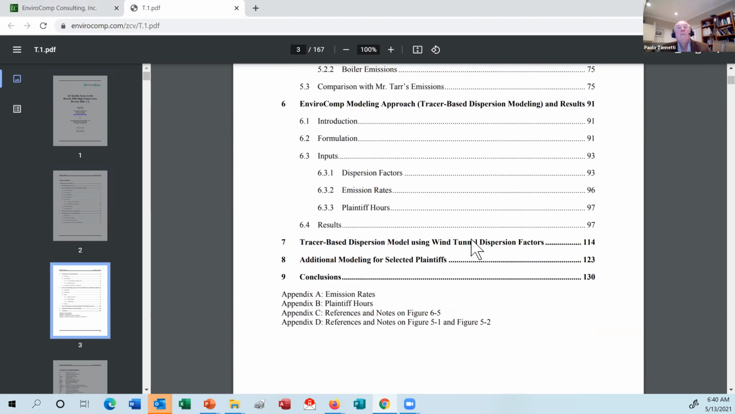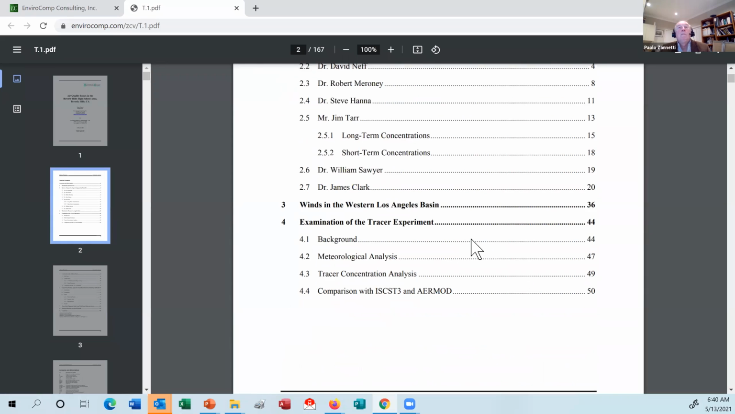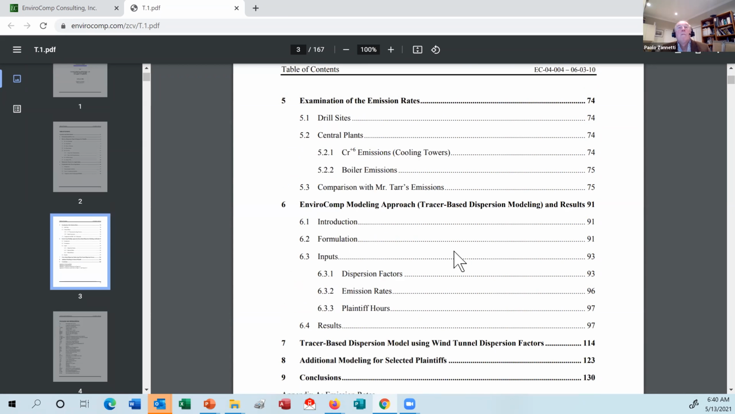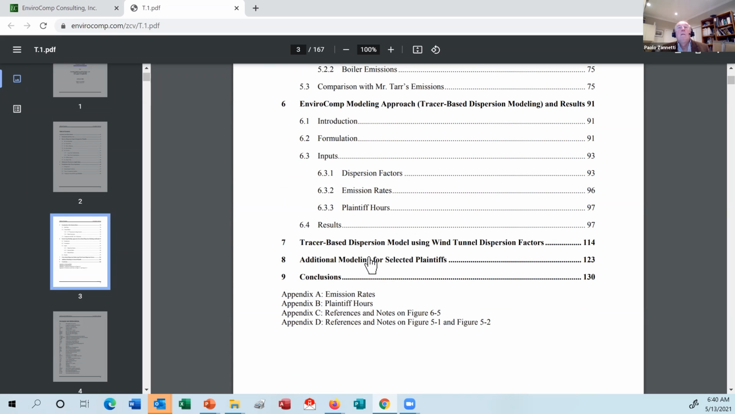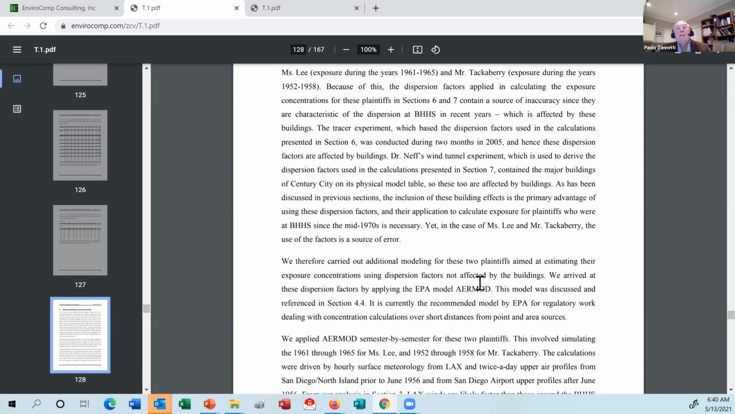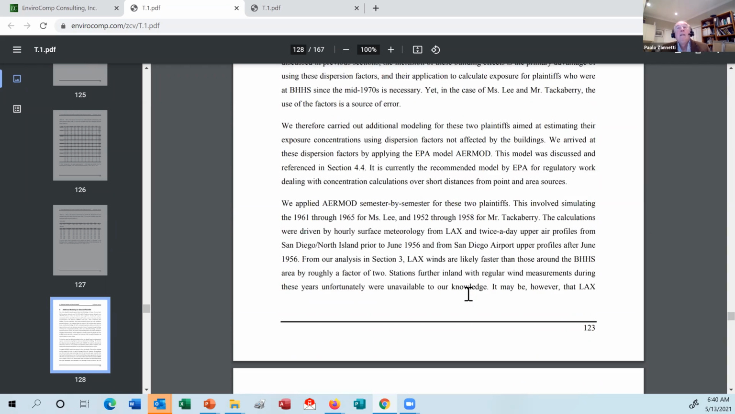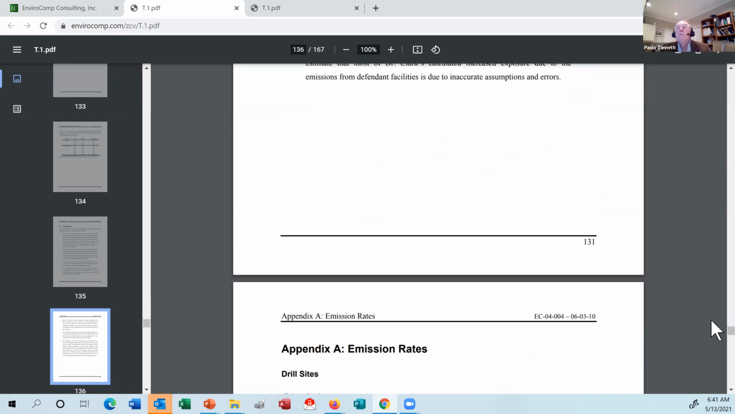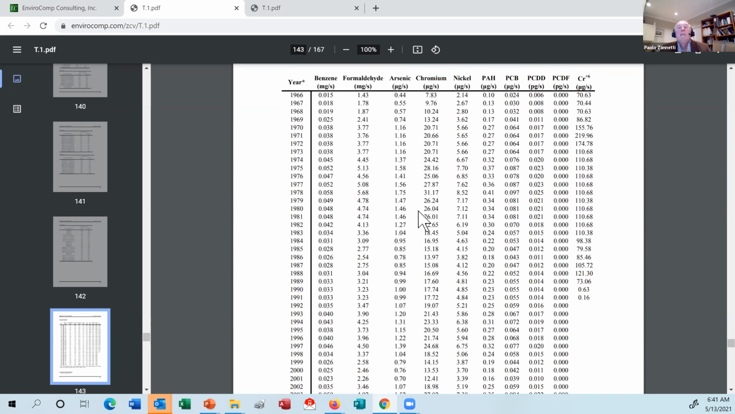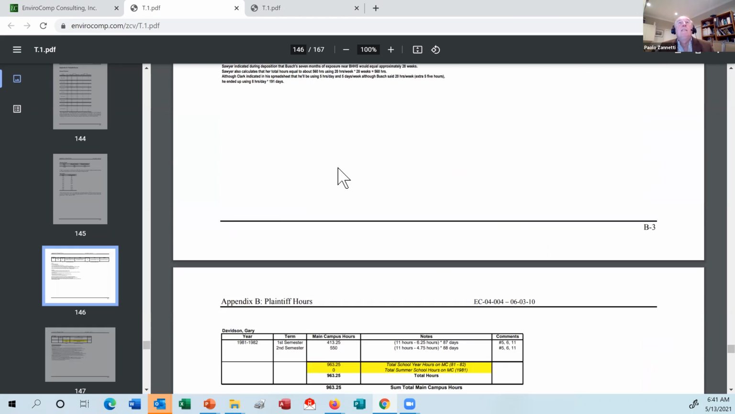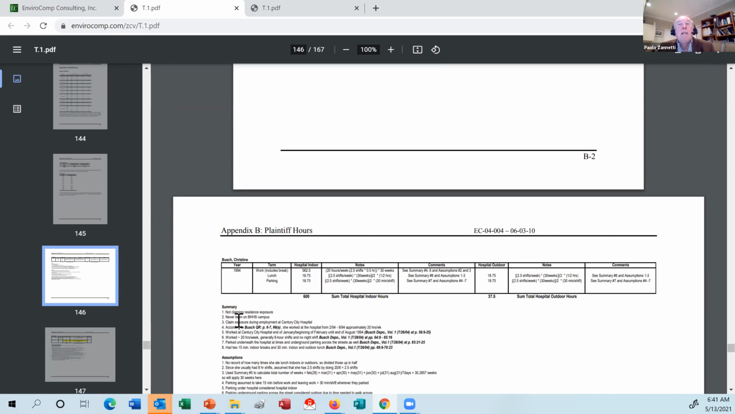And the most difficult part was to look at the lifetime exposure of each plaintiff, of each person, and look at their lifestyle. And I can show you some tables here. Maybe it's the appendix. Maybe these are all the emission rates that we calculated. Let me see. Plaintiff hours. Yes, Appendix P. For each person, we had to examine their life exposure and what they did during this time,